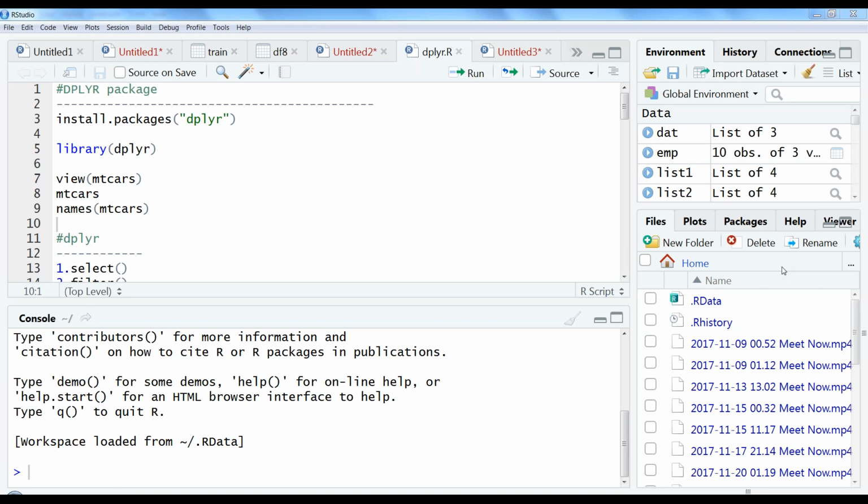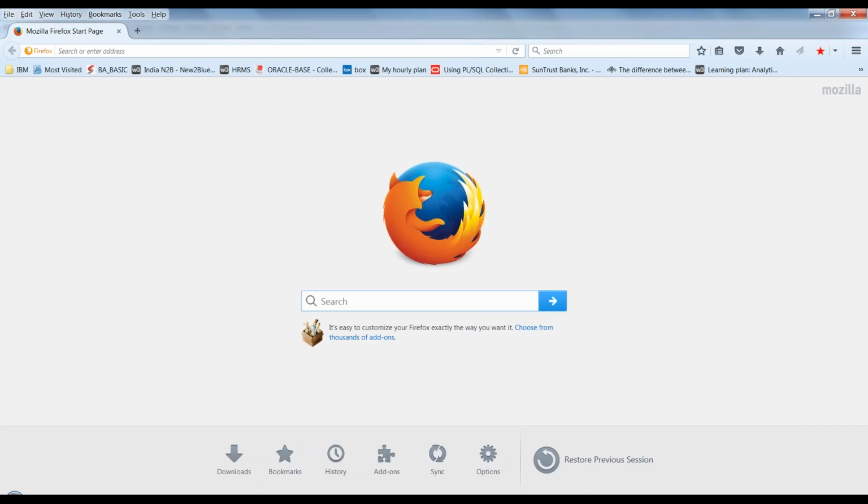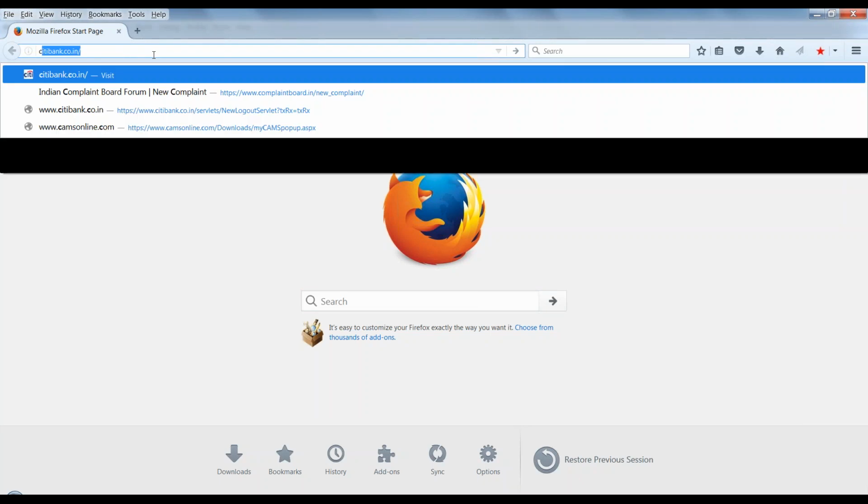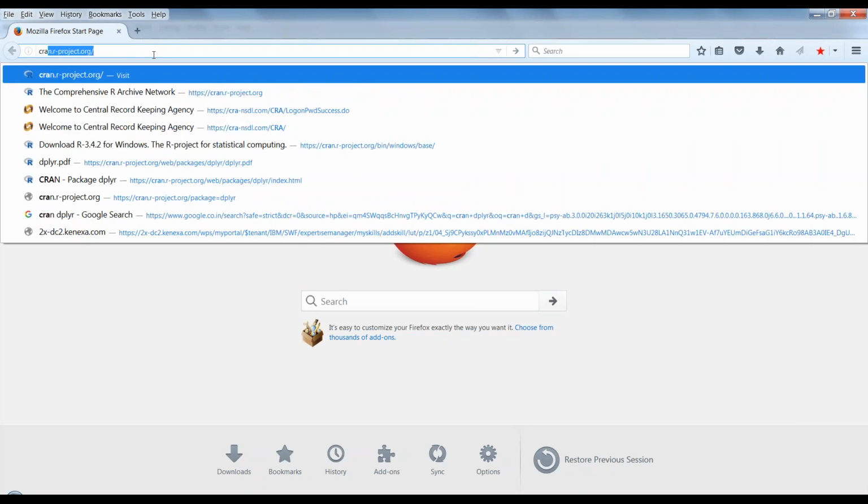Before proceeding to the detail, I'm going to explain one important thing, which is a package. So what is meant by a package in R programming? As I told in my previous lectures, R is open source, so anybody can contribute to it, and it will be available in a certain common area. For that, we have a big network for R, which is CRAN.